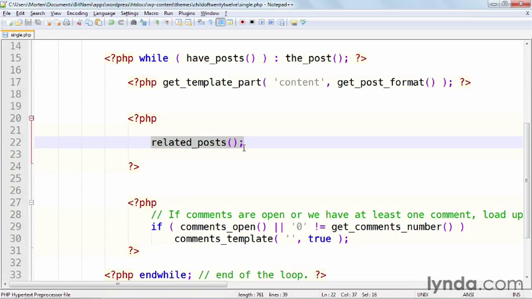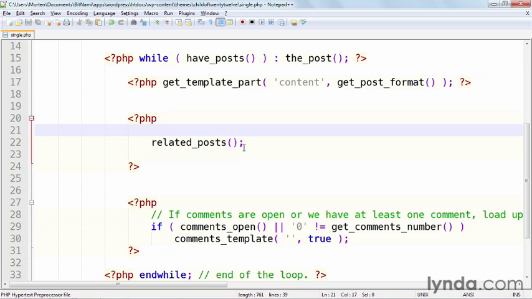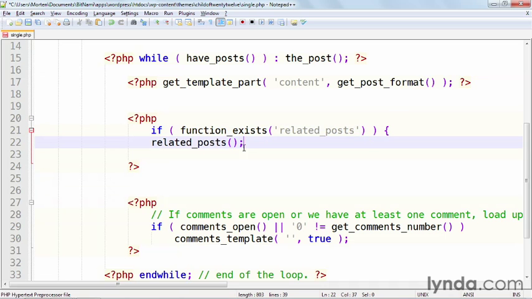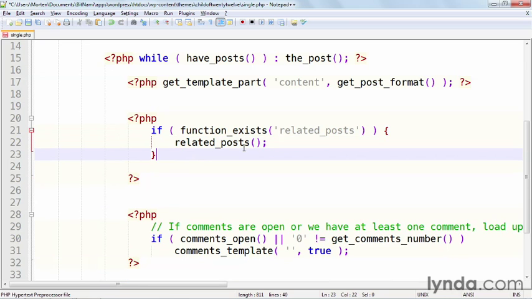If you ever add a function from a plugin, you must wrap it in a conditional statement that tests to see if that function exists. The function you're going to wrap it in is, not surprisingly, called function_exists. So we'll simply ask if function_exists, give the name of the function, and then we say, as long as the function exists, do the following. In this case, run the function, and then end the conditional statement,